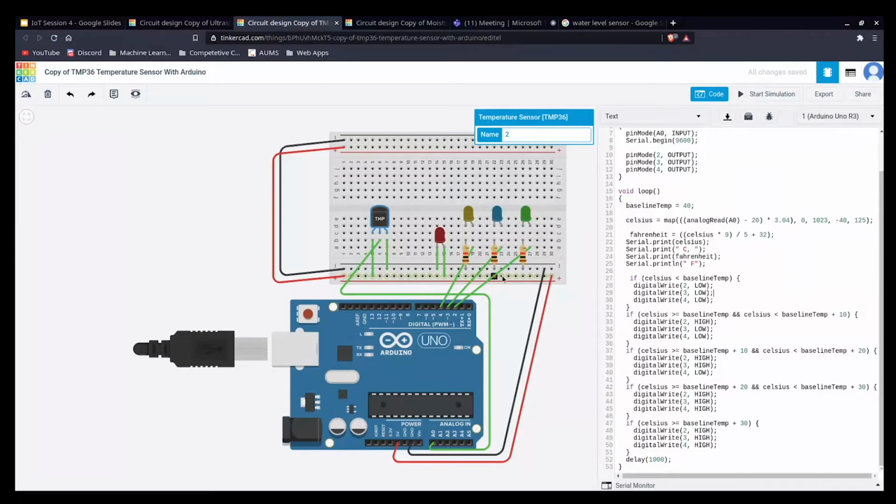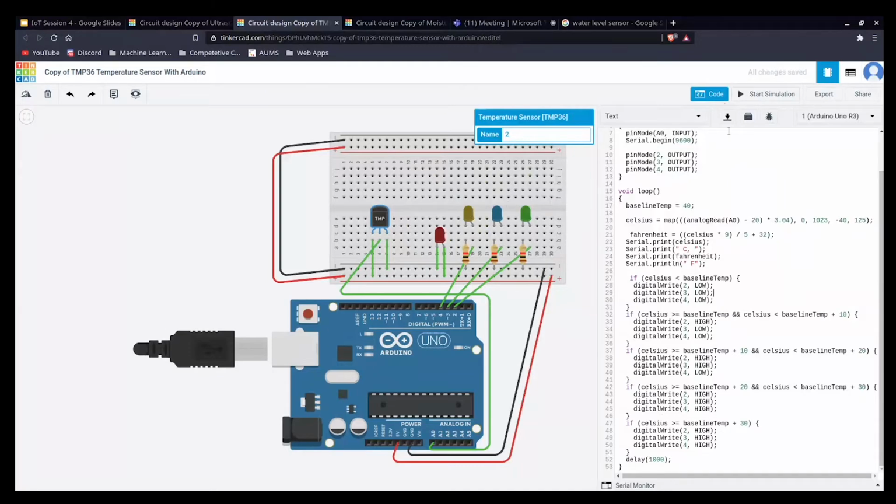Number 2, this one will glow. And then we have the third condition. If it is greater than 50 and less than 60, the first and the second LED will glow. And for the last condition, less than 70 and greater than 60, all three will glow. And for greater than those, until this range, all these LEDs will glow. Okay, so now let's run the code.